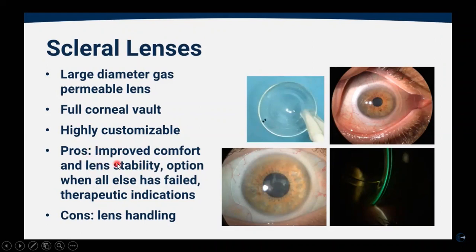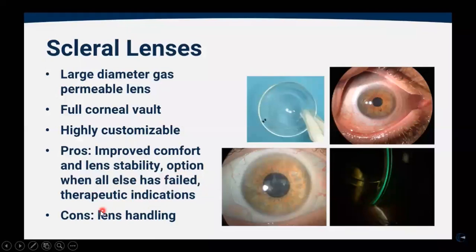So the advantages are improved comfort since it is not touching the cornea, and the lens is very stable, especially for those people who have keratoconus but also have a very active lifestyle. For example, a sports person, they need good vision too, but they have a very active lifestyle. So for them, these lenses are really very helpful. Or even children who are very active, they will go out, they will play. There the RGP lenses will not work, because the lens will come out of the eyes.